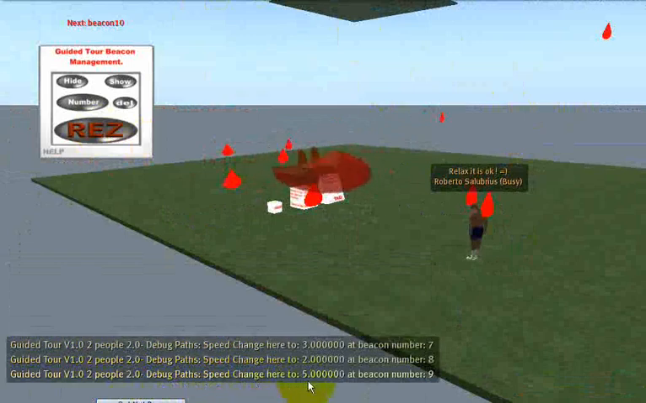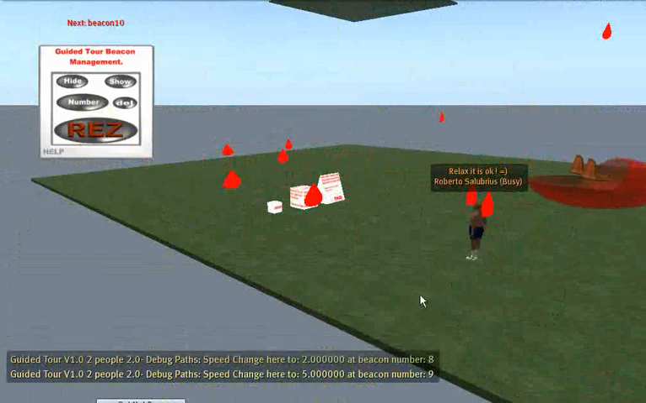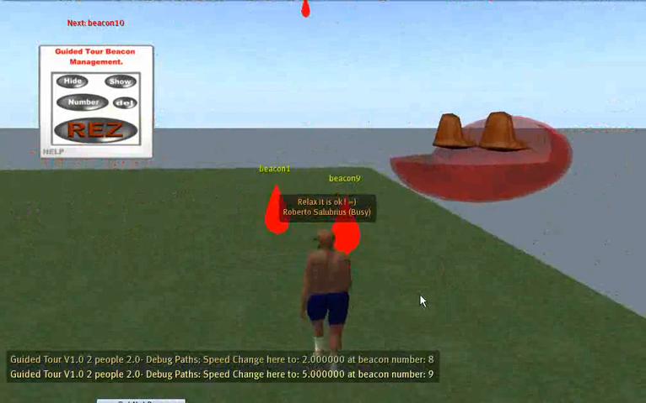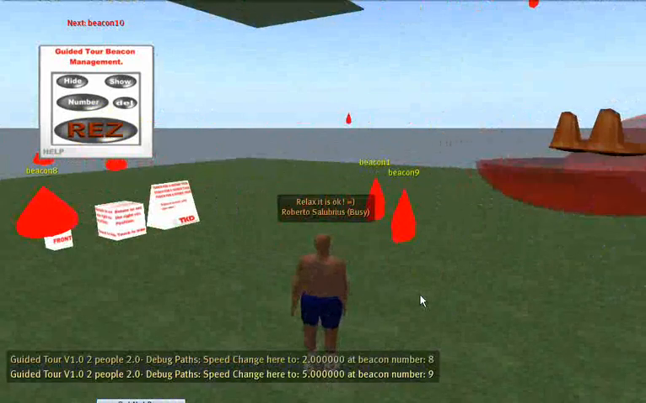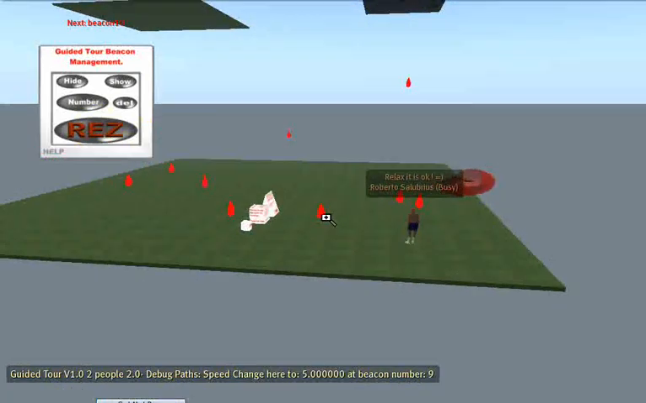As you can see here, we have the debugging of the speed. Remember, this is going to help you. And now we work towards beacon 9. Now let's say that this is going to be my final path, and I like what I did. So